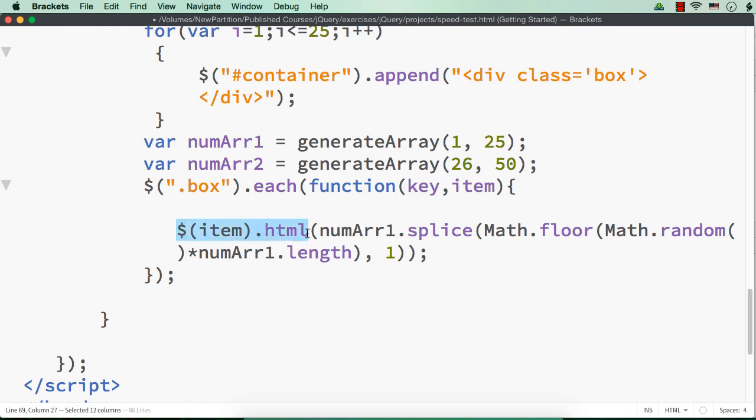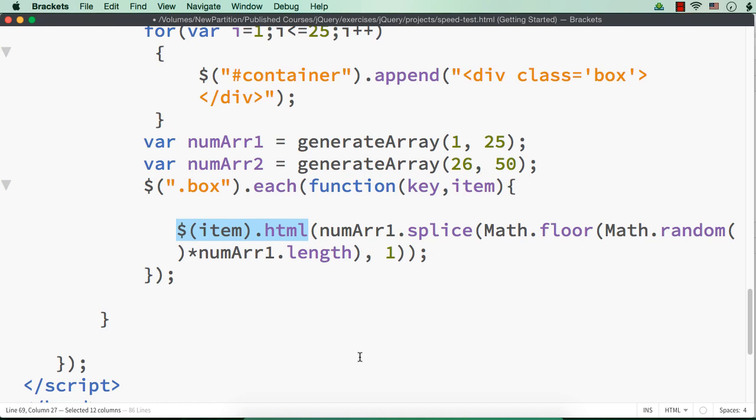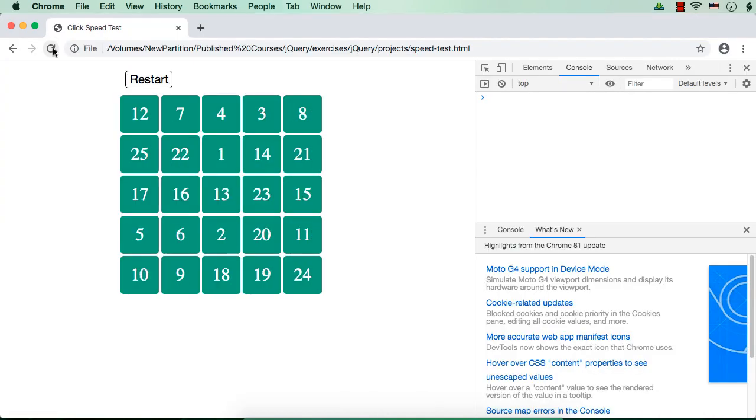And when we run this loop, it will be in order. That is, first this div element's text will be set, then this one's, then this one's. So it goes in that order, but the items fetched will be different based on the value the splice method returns. So each time we refresh, the items will be at different positions.